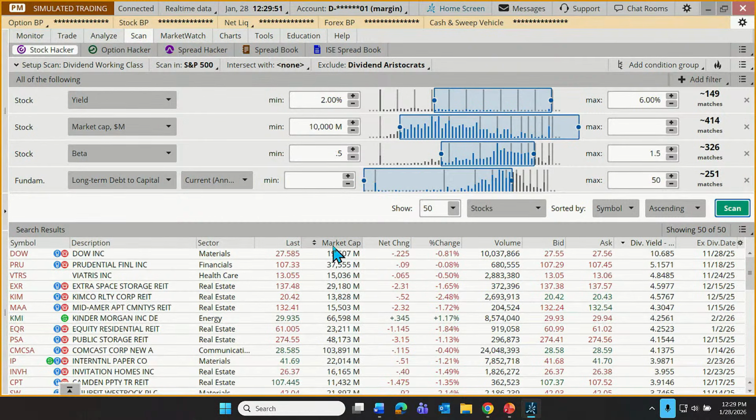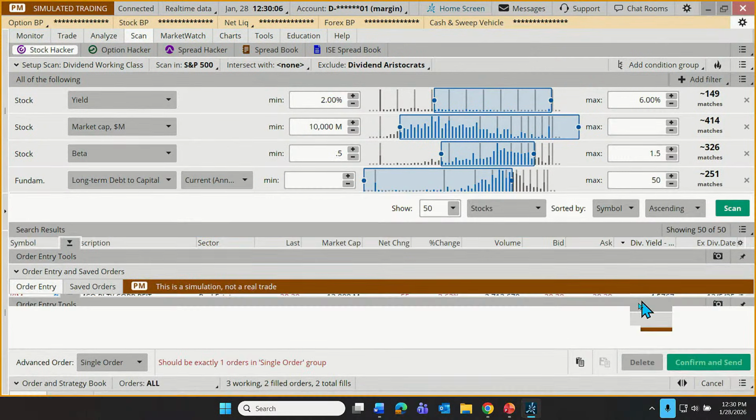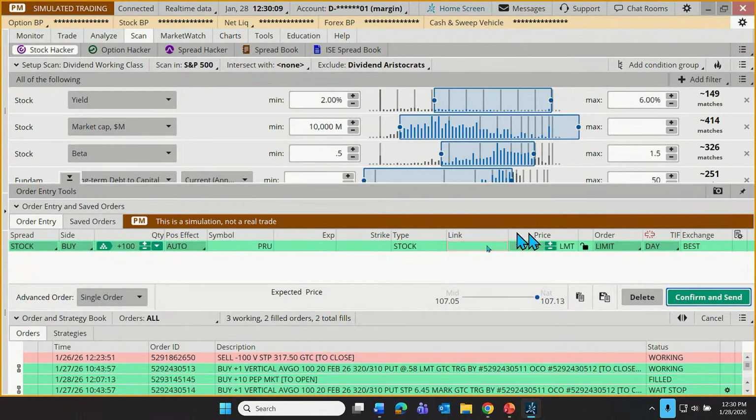And let's say I wanted to buy one of these stocks. Well, guess what? There's a symbol right here. There are quotes over here for the bid and the ask price, and those are tradable. They allow access to those order tickets. So if I click on a bid price, it creates a sell order. If I click on an ask price, it creates a buy order.